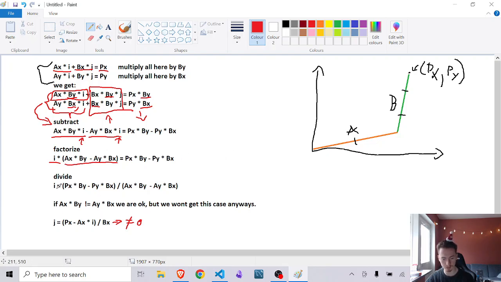And now that we get here, we have a single number, i, which is in terms of px, which we know, that's the x-coordinate of the prize, by, which we know, and so on. So all of these are just parameters from the input file. So actually, we don't have to do any for loops. We don't have to do any crazy things. We can just multiply a bunch of things together in a specific way, and then we get the answer. And to get j,